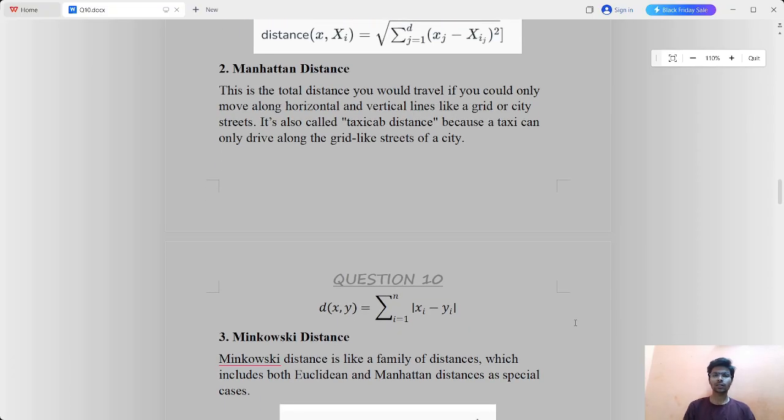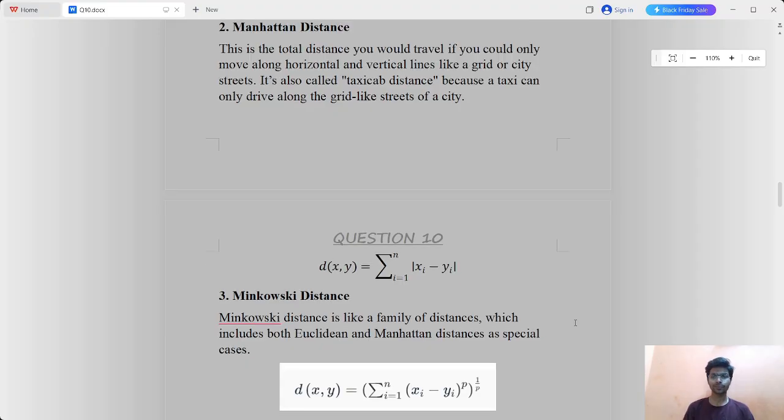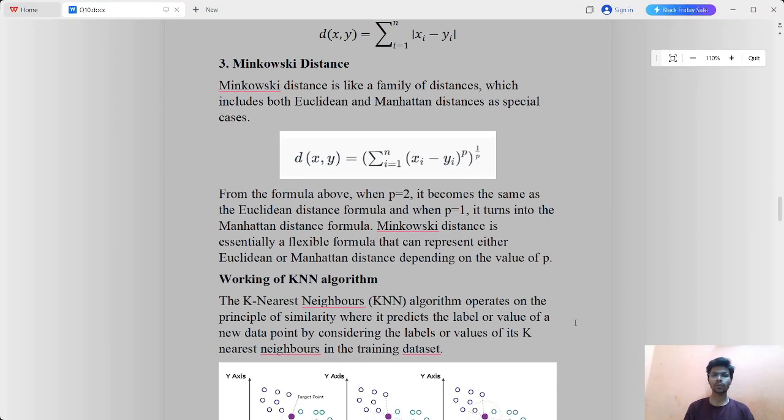Manhattan distance. This is the total distance you would travel if you could only move along horizontal and vertical lines, like a grid or a city street. It is also called taxicab distance because a taxi can only drive along the grid-like streets of a city. With the help of this formula,